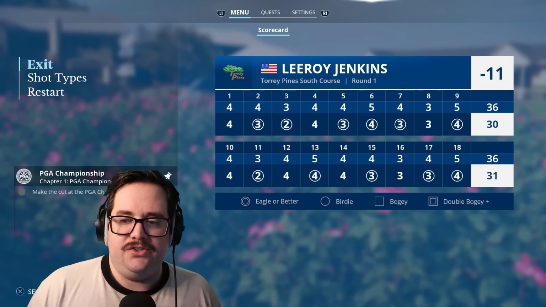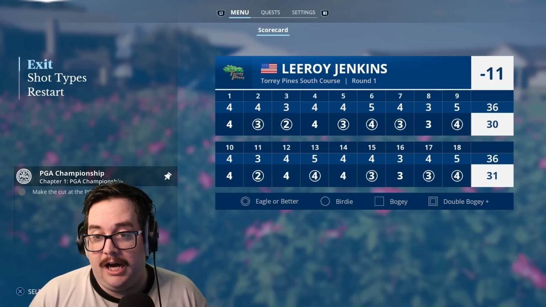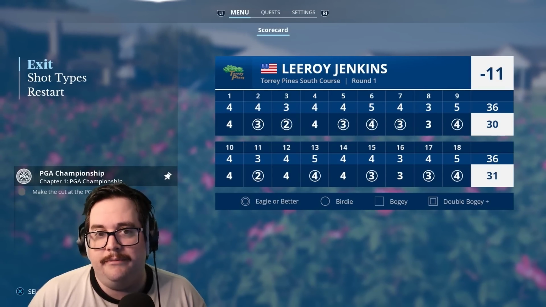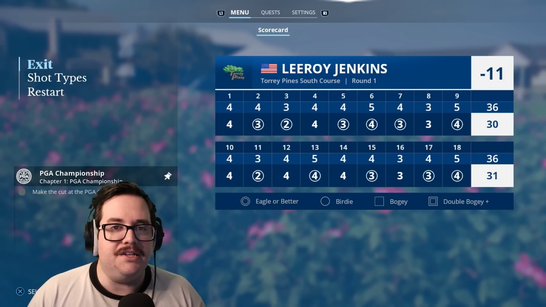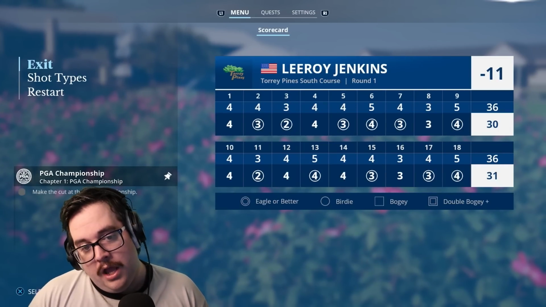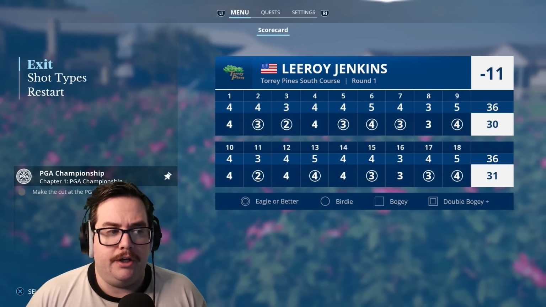And 11 under is where we finish. 61 is the score on the scorecard. Almost broke 60. We were pretty freaking close. But that is 3-click on the hardest difficulty. I think there is some tuning to be had within the 3-click to put it into a little bit better of a place, at least difficulty-wise. For those who have been waiting for 3-click to come into the game, maybe holding off on purchasing it,